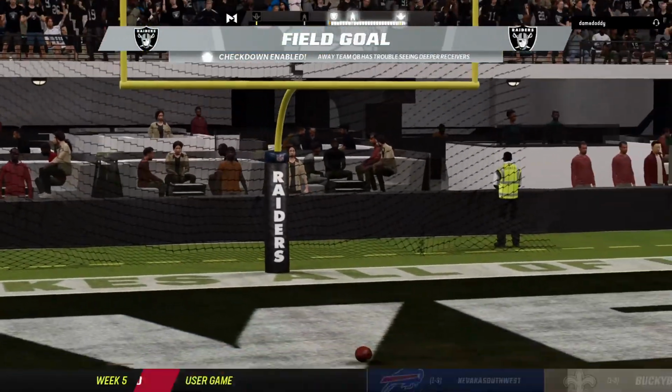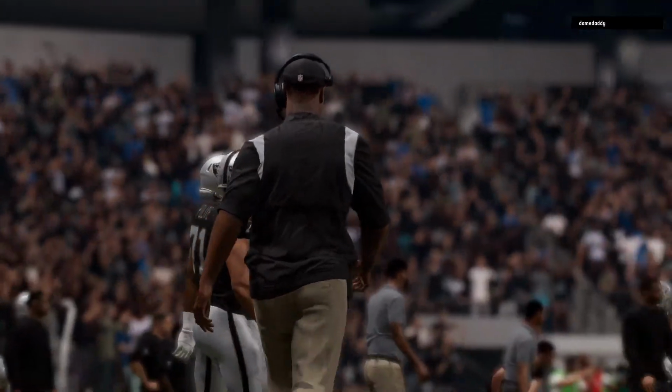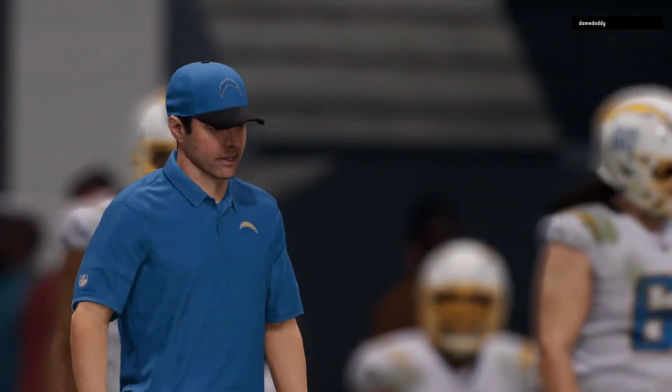So you wonder how this one might be remembered the next time these 2 teams meet. But until then, this game's over. Well, partner, under the lights and